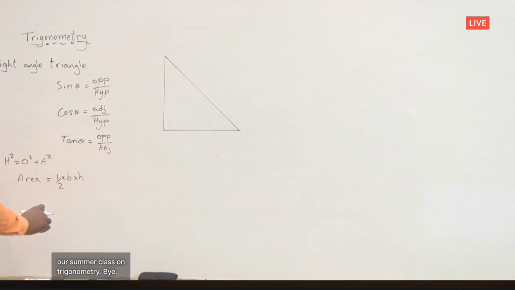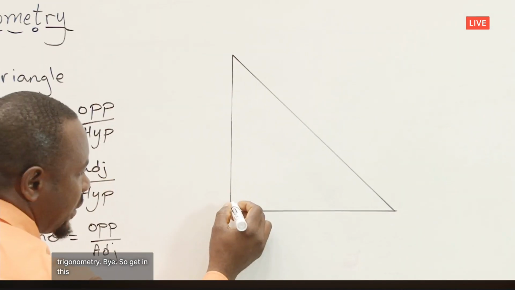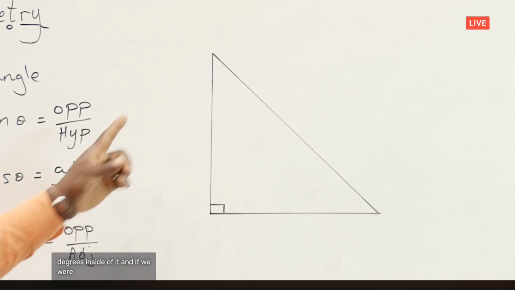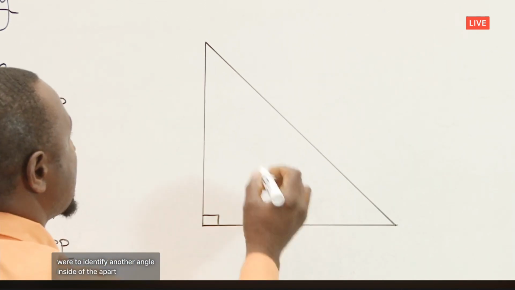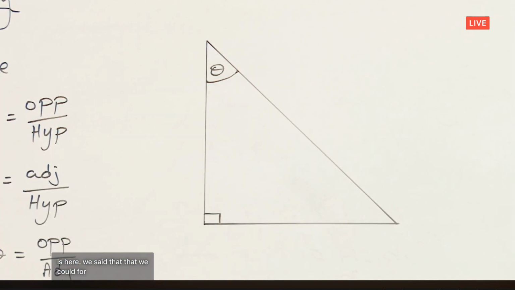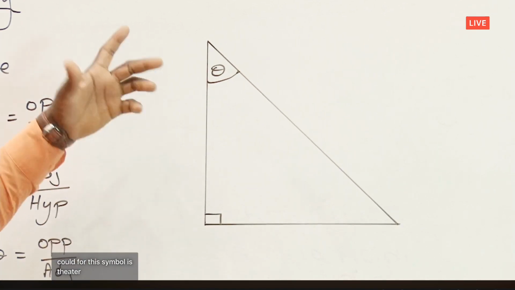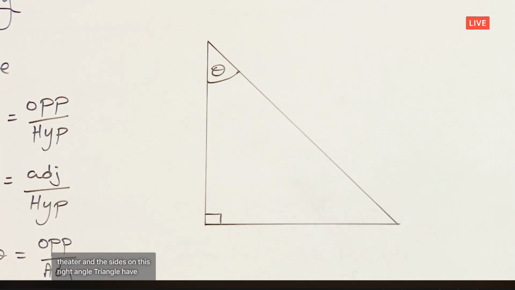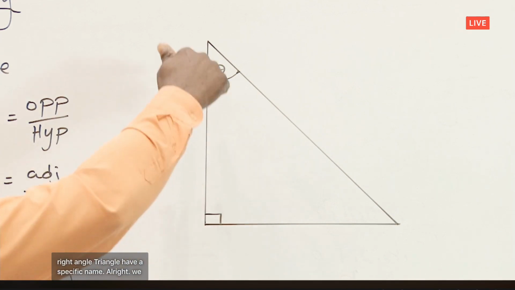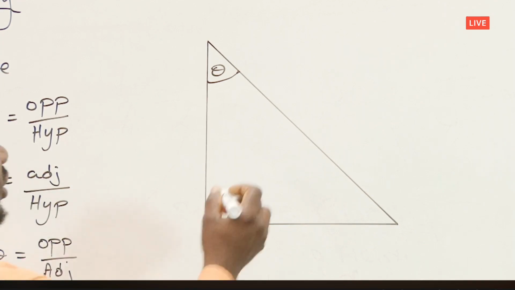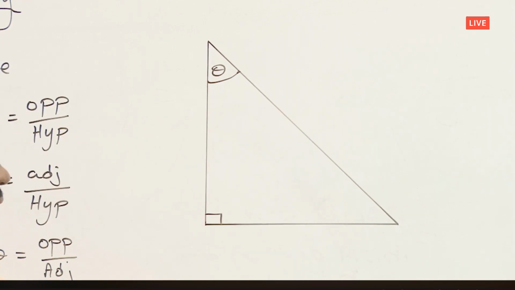So given this triangle, it has a 90 degrees inside of it. And if we were to identify another angle inside of the triangle, apart from the 90 degrees, let's assume that the angle is here. We said that the Greek word for this symbol is theta. And the sides on this right angle triangle have a specific name. All right? We identify that the longest side is called the hypotenuse side. That's what we call H. So H is the hypotenuse side,